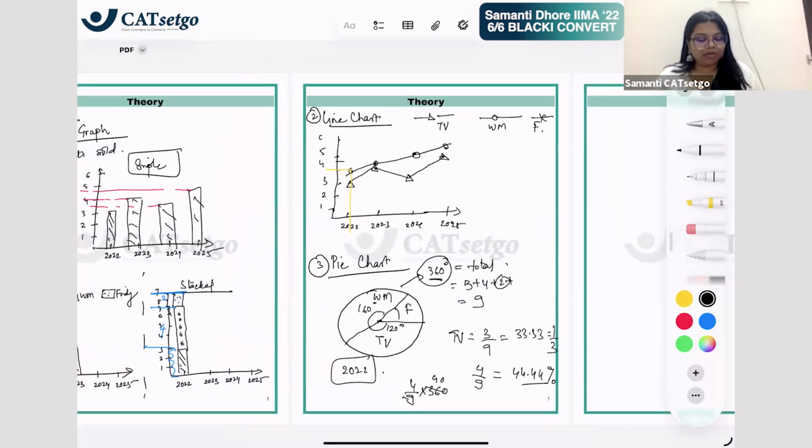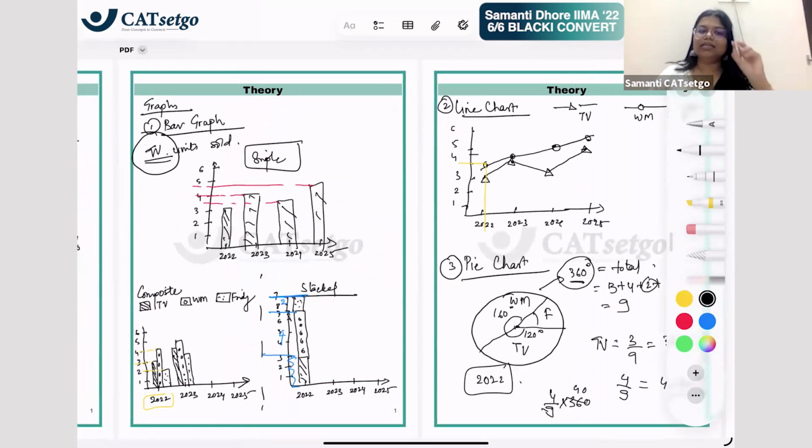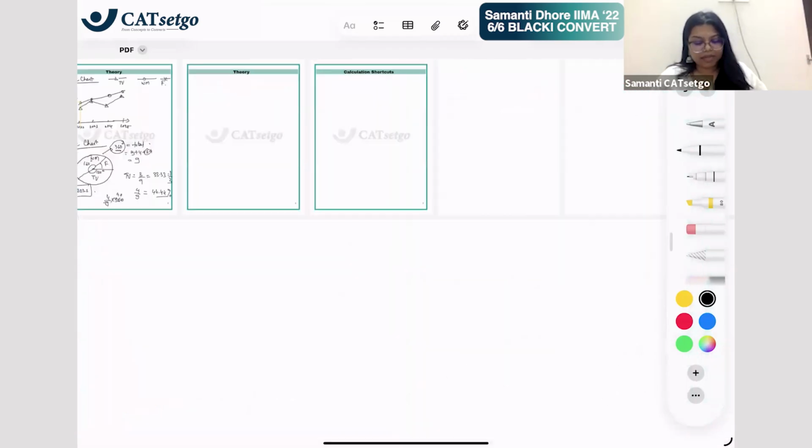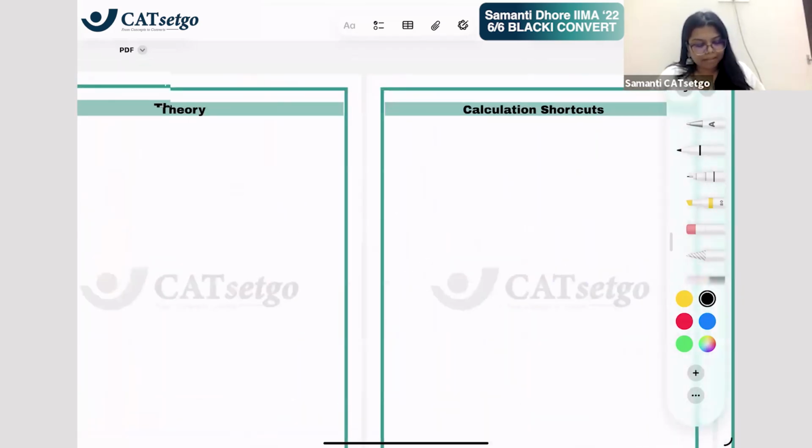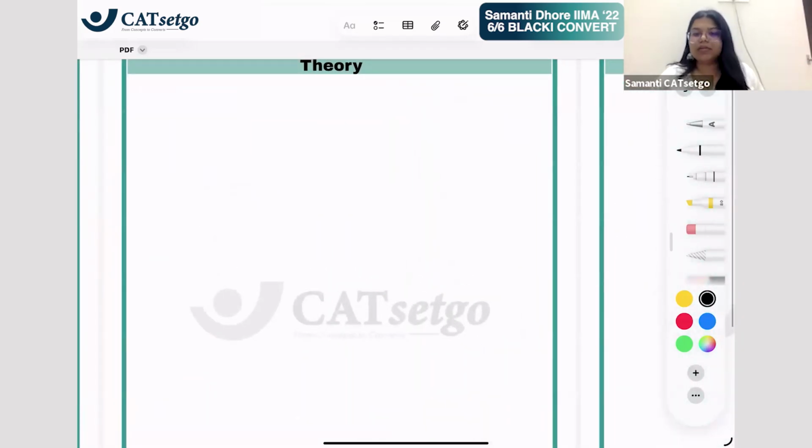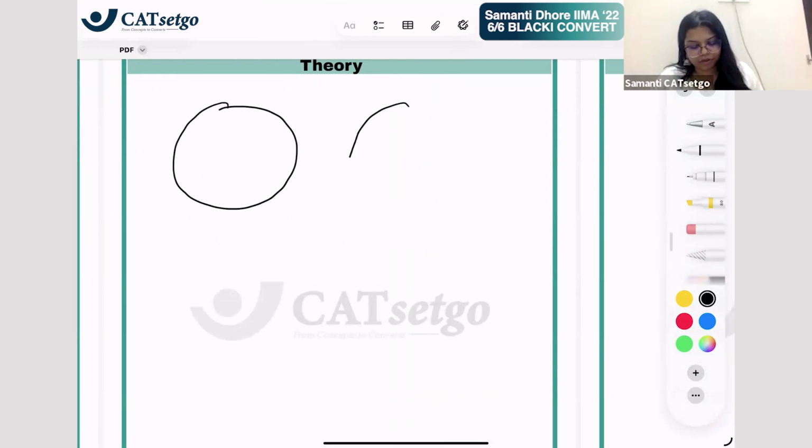So this is how different types of charts are there. There's a caselet, there's a tabular form, then there are bar graphs, line chart, pie chart. And then you have to extract data from these charts in order to understand what the information is and accordingly solve the question. Now in this theory there is also a part that sometimes 2 pie charts also come. Like for example, they give you a pie chart